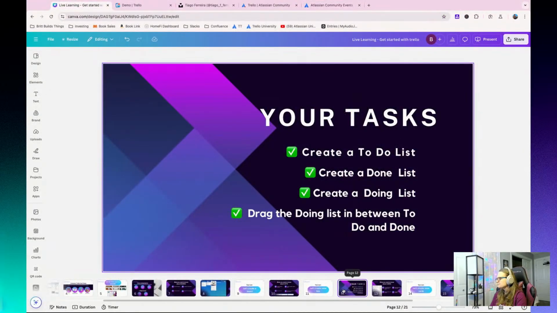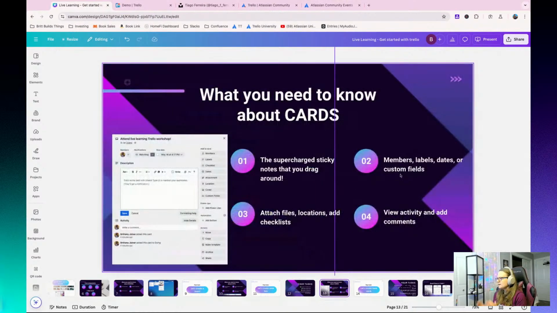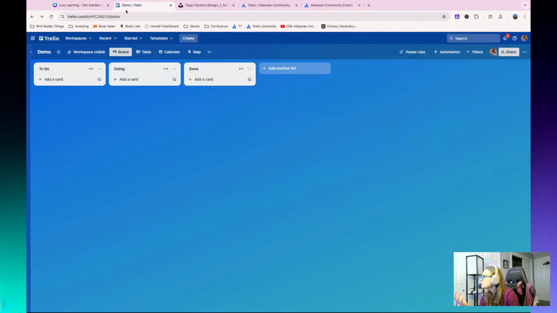Thank you. Affirmative here. Okay, perfect. All right, so let's go ahead and move on to our final component here, cards. Cards are the supercharged sticky notes. We've talked about the members, the labels, the dates, the different things you can add. I haven't really told you much about custom fields.